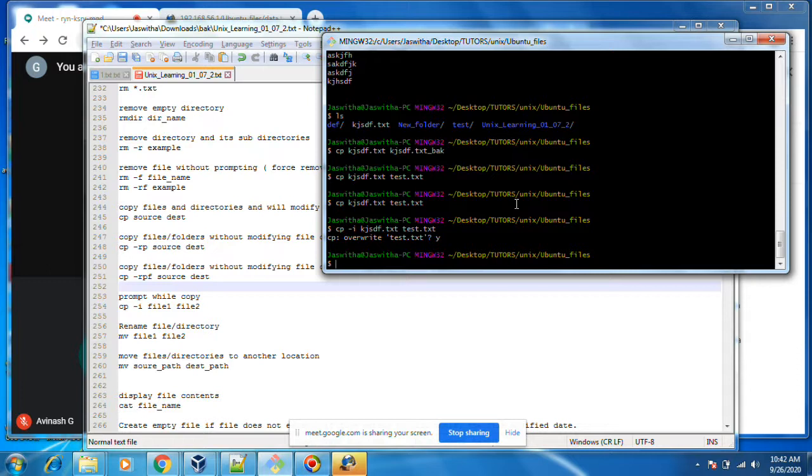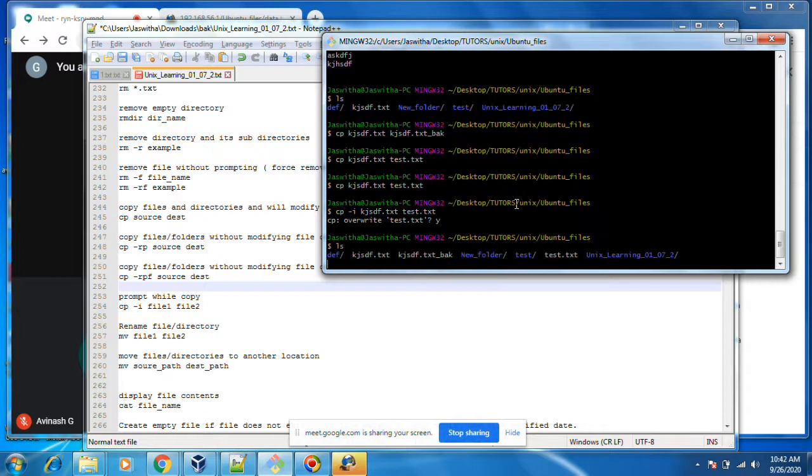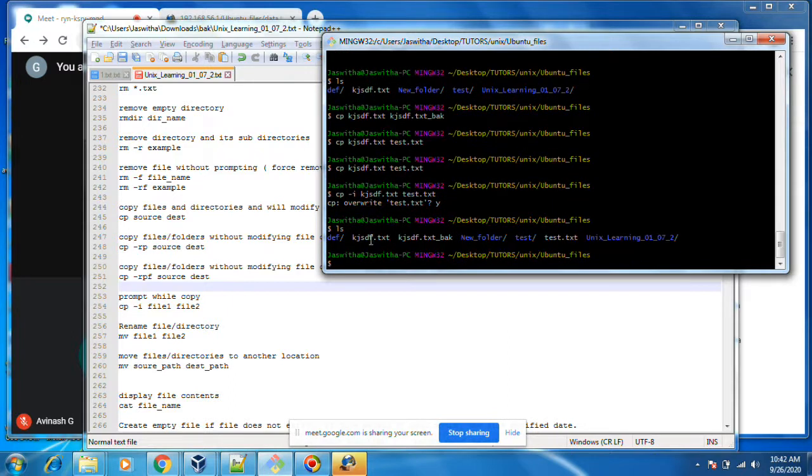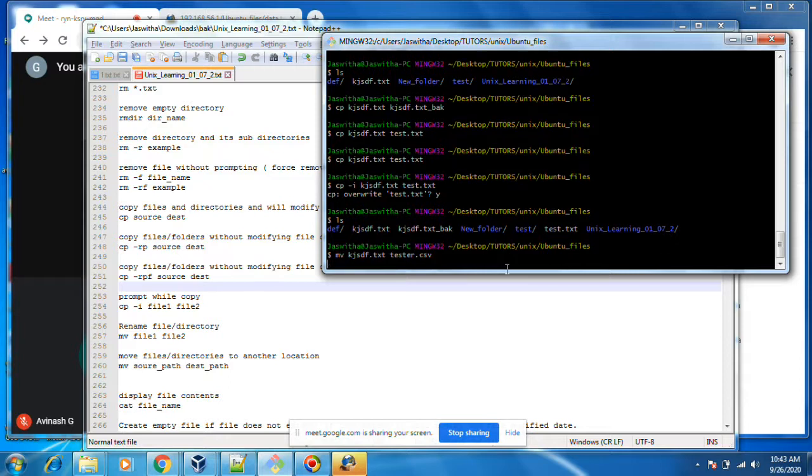Okay, rename means completely this file name I want to rename. mv, some like any name, tester or csv, any name you can rename.